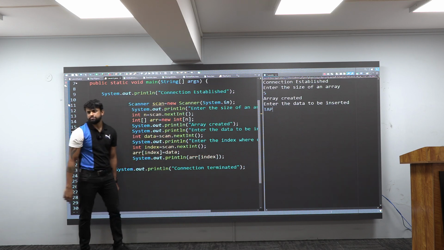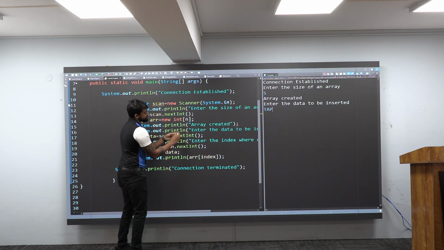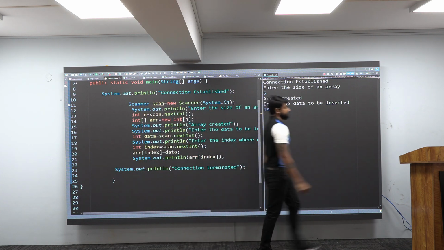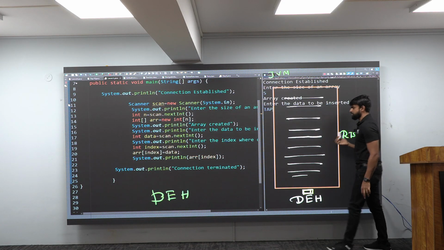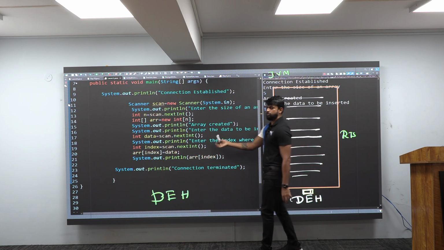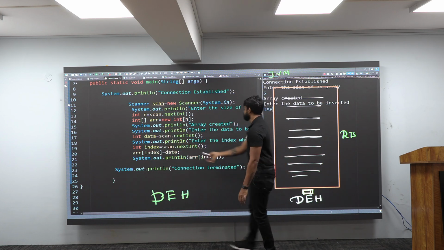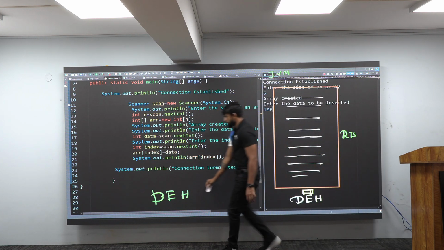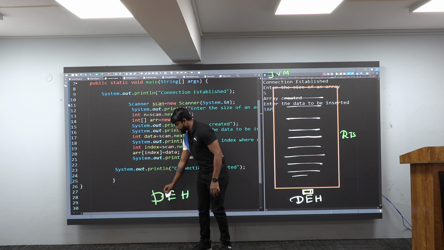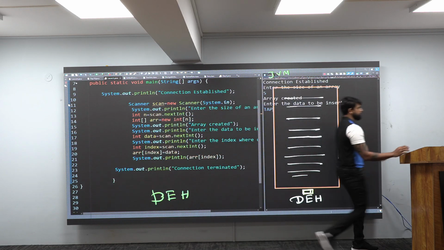Input mismatch exception. If input mismatch exception is there, immediately it will create an object of this report and it will give it to one person. Which person? Runtime system. And runtime system will go to the same program and check for UDH. Do you have UDH? Try and catch, do you have? No. No means it will take this object back and it will give it to this guy. Who is he? Default exception handler. He will open this and he will read it. When he reads it, I will get the output now.